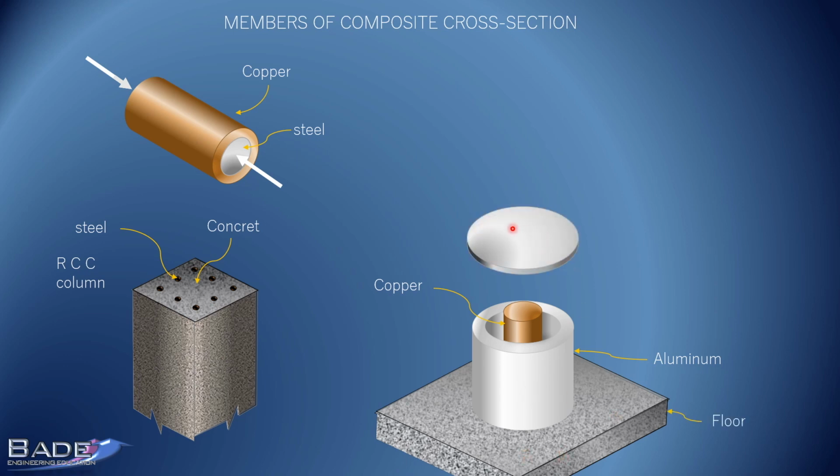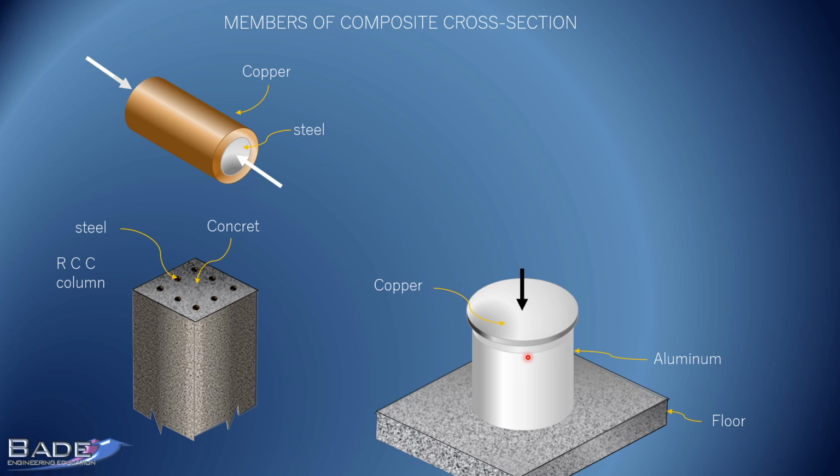Okay. Now here is a disc. Let's assume this disc has weight very small compared to the load we are going to apply on this assembly. So its weight is negligible. So it is a thin, weightless, rigid plate. Now this plate is placed in this manner, resting on the copper rod. Because I have shown the copper rod slightly longer than the aluminum tube, it is resting on the copper rod and there is a little gap here.